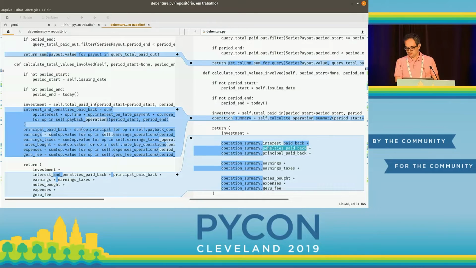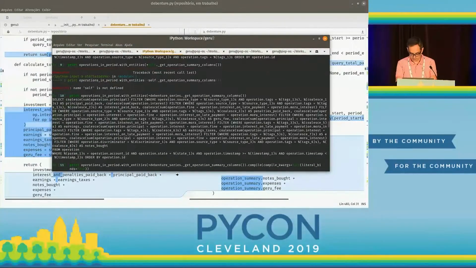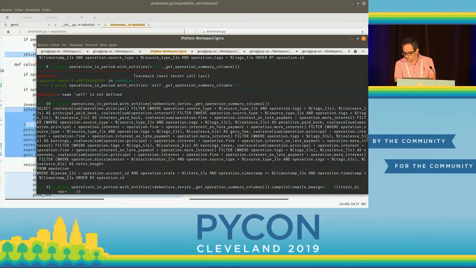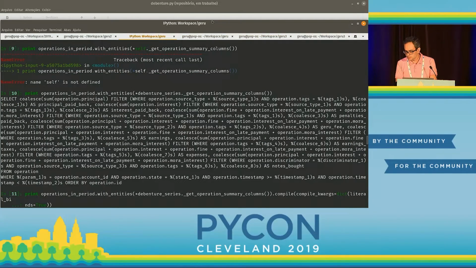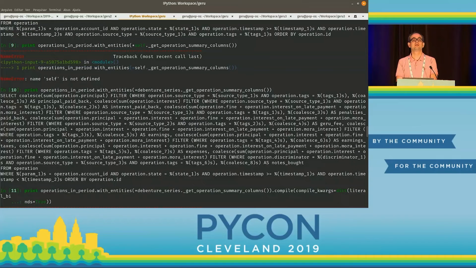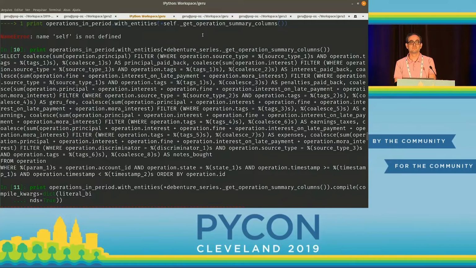So let's see how that looks in the code. Well, where is my... Okay. Is that readable back there? Okay. Now? One more? It's okay? Okay. So